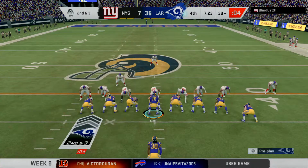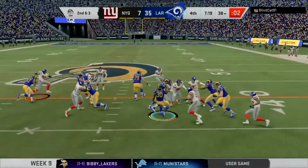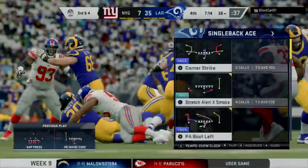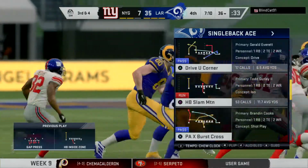Wide, get wide. Now Goff will hand this one to Gurley. They're going to snuff this play out behind the line. We have not seen that much today. The 2nd down play results in a loss of 2 yards. Brings up 3rd and